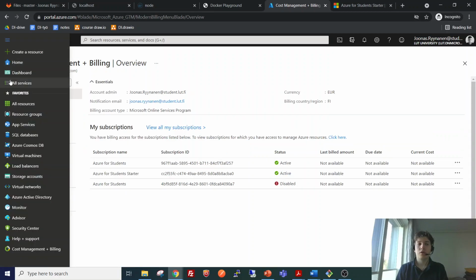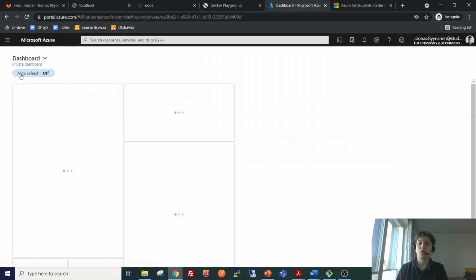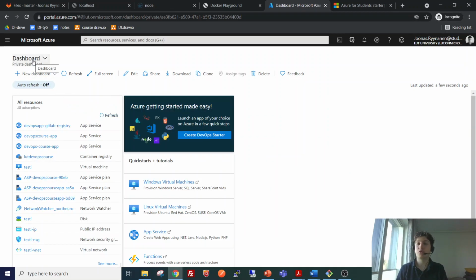And you can also customize the view a lot. There is this dashboard view that can be used to manage your different services if you have a lot of services on the cloud platform. It's useful to make this kind of a dashboard in order to overlook the different services.